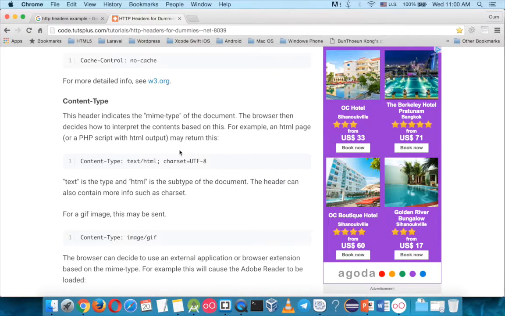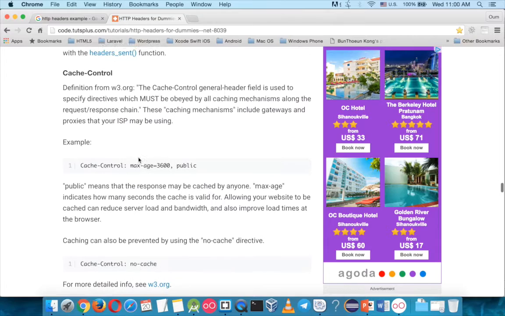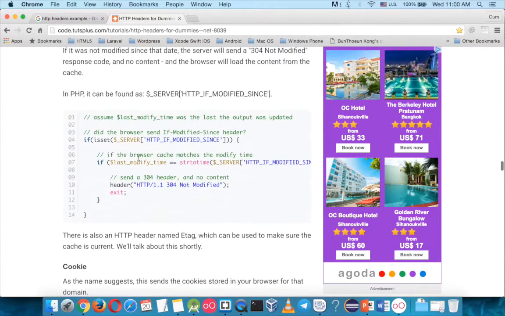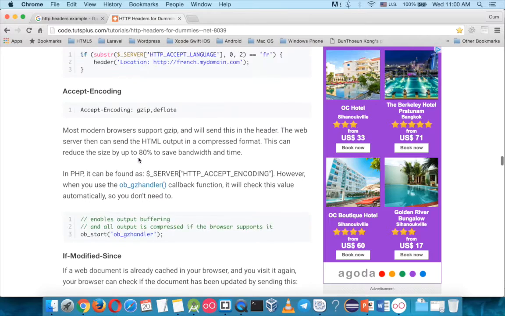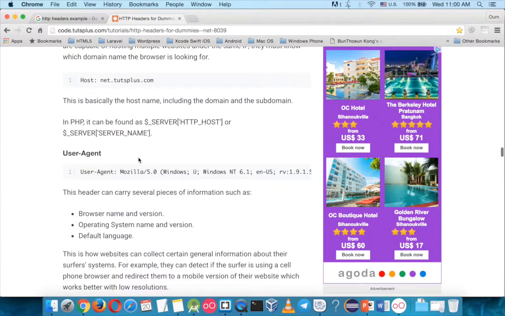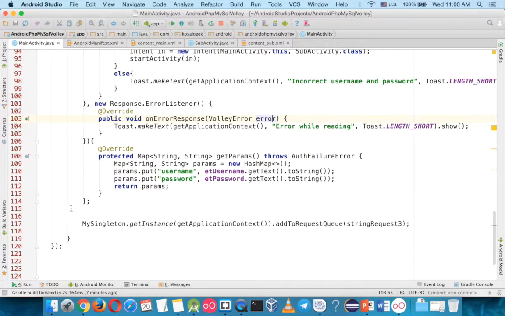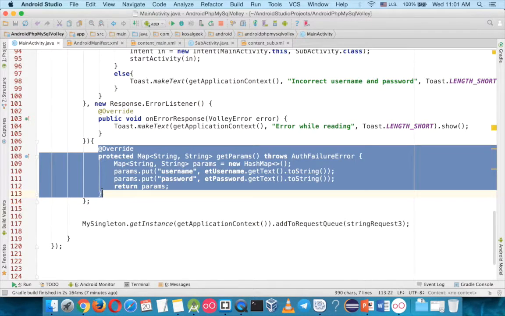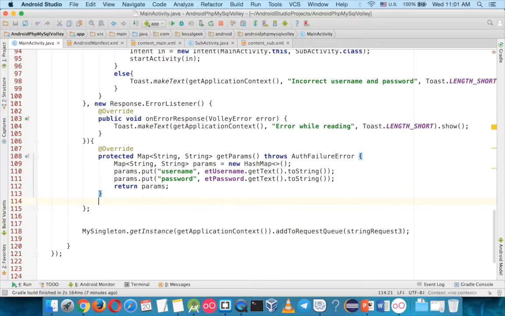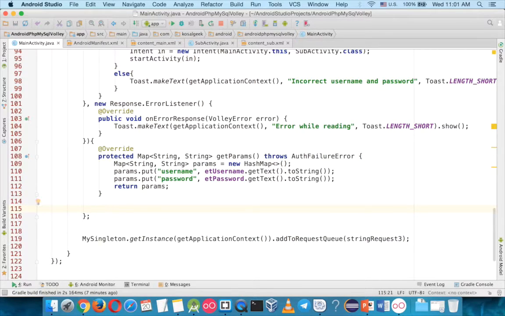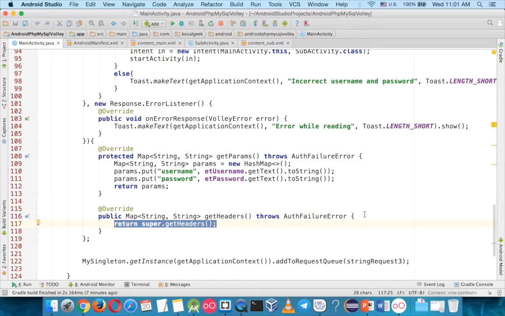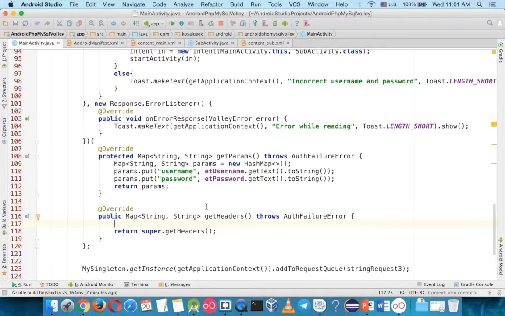Okay, so now let's test it, and now I'm interested in just the user agent. So where is the user agent? Here. Okay, so in Android you can just do it like that in the overriding class here, and you say getHeaders. See, you see getHeaders already, and it's the same thing because it's a map. So Map